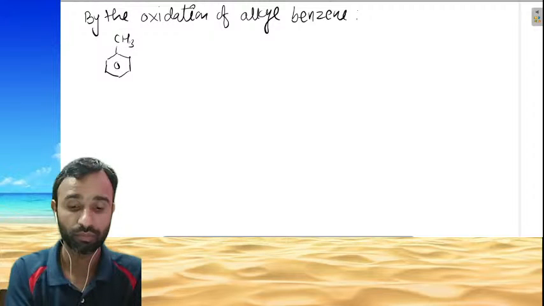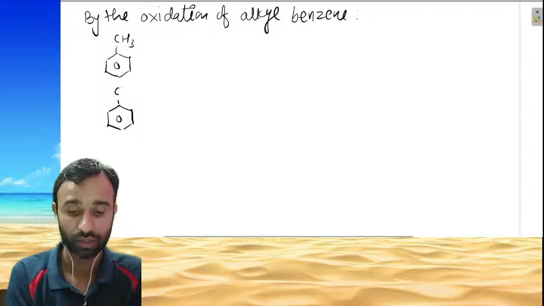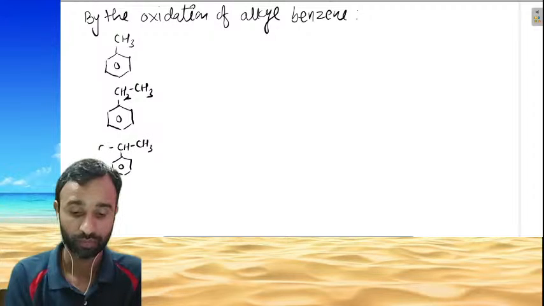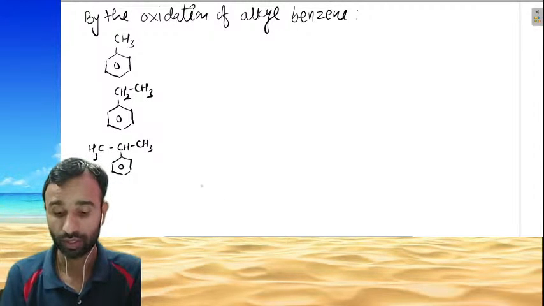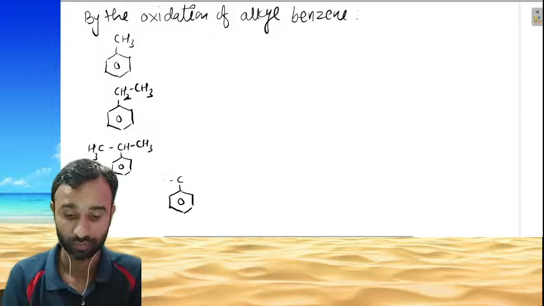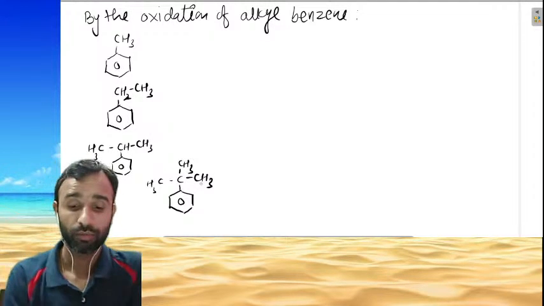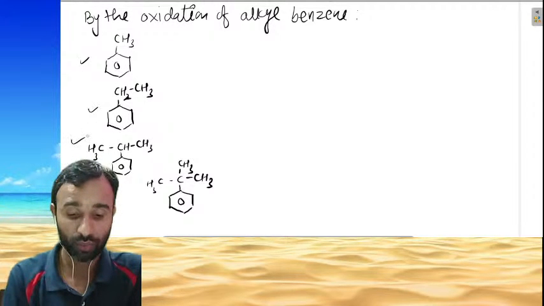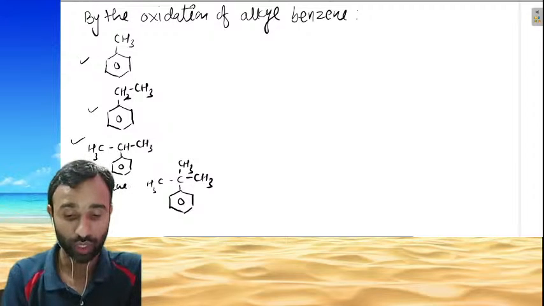Simplest is methyl benzene, that is toluene, or ethyl benzene, isopropyl benzene, ठीक है, और टर्शियरी बेंजीन। अब देखो मिथाइल बेंजीन, इथाइल बेंजीन, आइसोप्रोपाइल बेंजीन, आइसोप्रोपाइल को क्या बोलते हैं, क्यूमीन, है ना। तो इन सब की अगर ऑक्सीडेशन करें